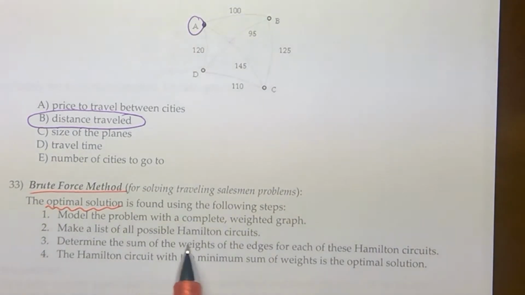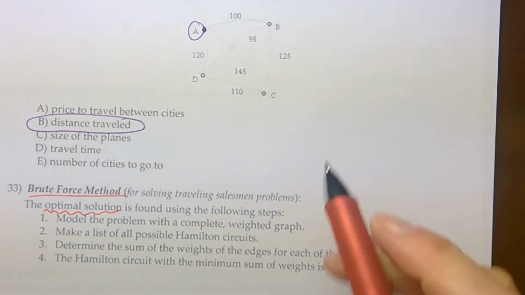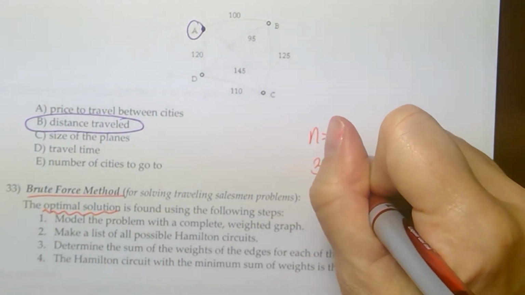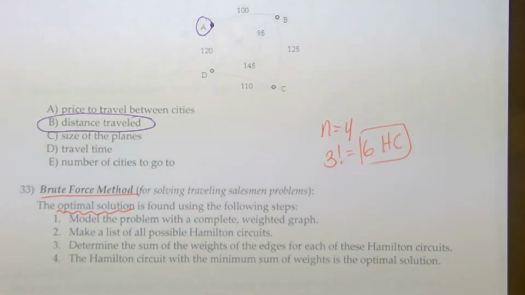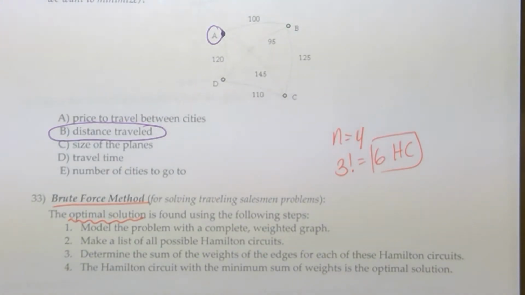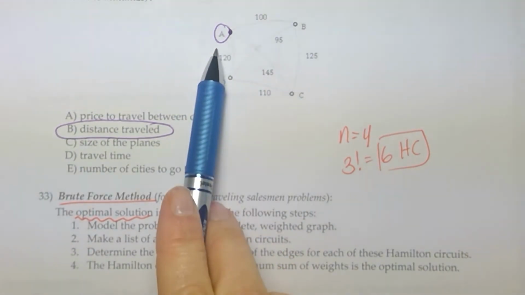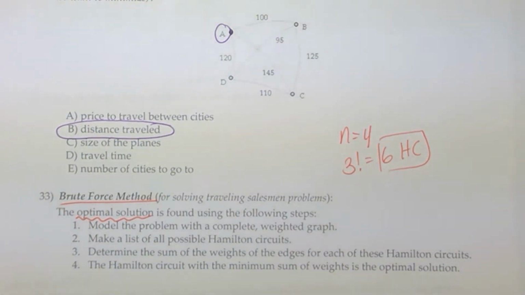So to do that, we're going to say, okay, we've got our weighted graph. How many Hamilton circuits do we have that we need to check? Well, we only have 4 vertices, n equals 4. So that means we have 3 factorial or 6 Hamilton circuits that we need to check. The first thing is to list out all of those 6 possible Hamilton circuits. Now remember that all of our circuits we're going to list are going to start at A. So we are going to have 6 different circuits,